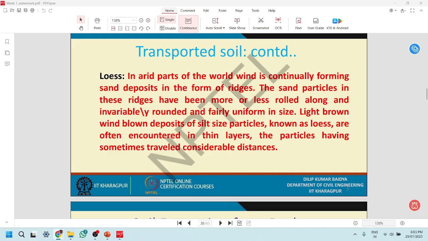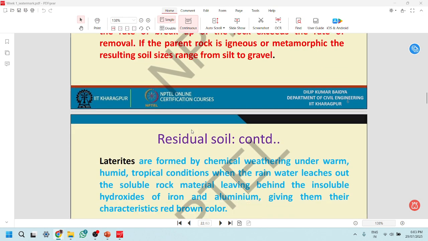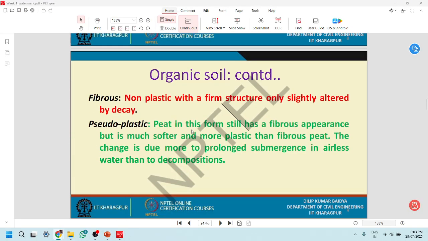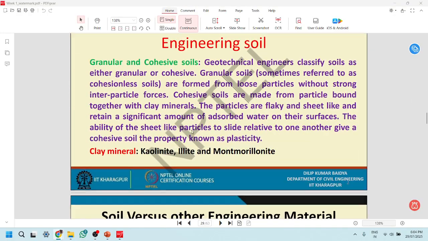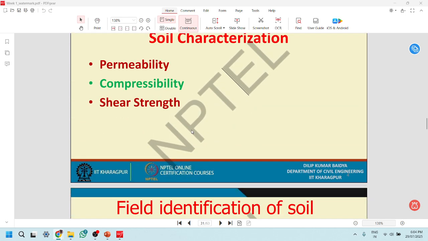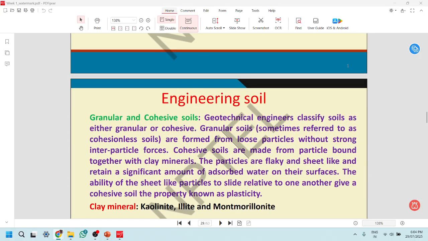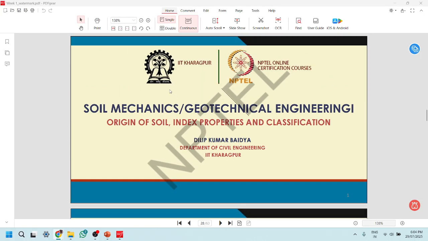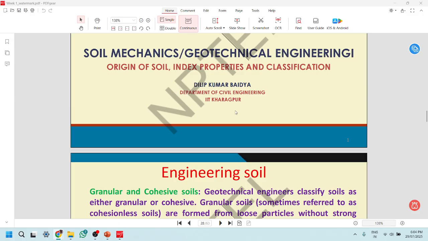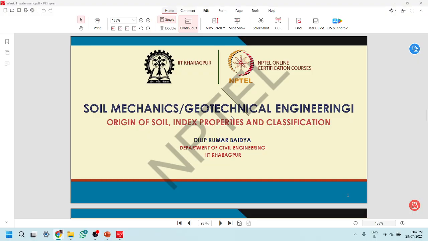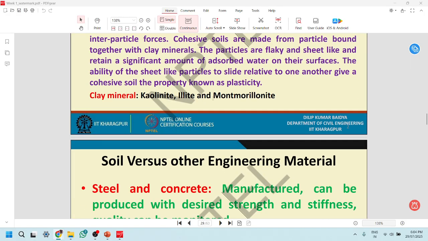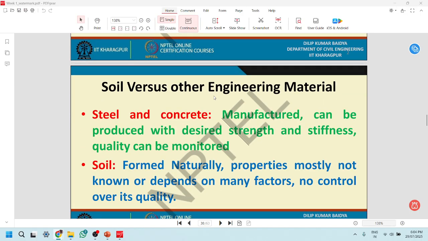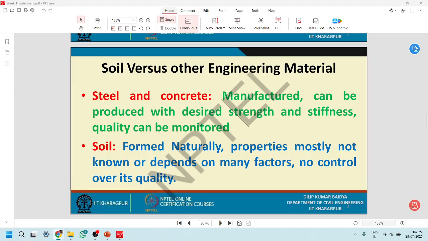So loess is transportation by wind, then residual soil, laterites. So this is just a very general introduction. If you see here, up till now, we are talking about very qualitative things. It's not something you can put a number to and give a unit to. It's not quantitative. But when we move towards the quantitative,